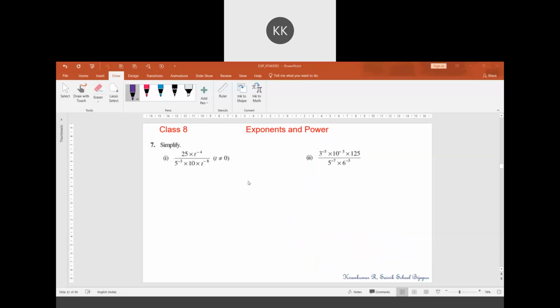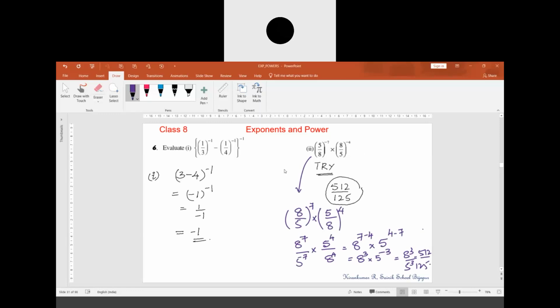Sir, in the previous question, if we take reciprocal of the second number, then how do we solve it? In the previous question, reciprocal is taken, no, 5 by 8 to the power minus 4. We have taken. Sir, instead of taking reciprocal of 5 by 8, if we take reciprocal of 8 by 5. I have reciprocaled both. If you observe here, both the numbers. This number also I have reciprocaled. If you don't reciprocal one, still we can solve.